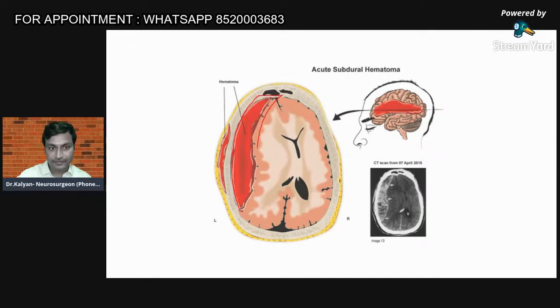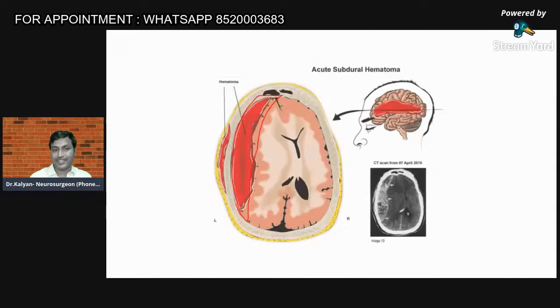Fine. So anything which looks like a banana in a CT scan. Yes, biconvex and double convex are same, as Dr. Karthik is asking. So the shape of a banana, the shape of a moon. MCQ: the thing which looks like a moon or a sickle shape is acute subdural hematoma. So am I clear? We have understood what is acute subdural hematoma.